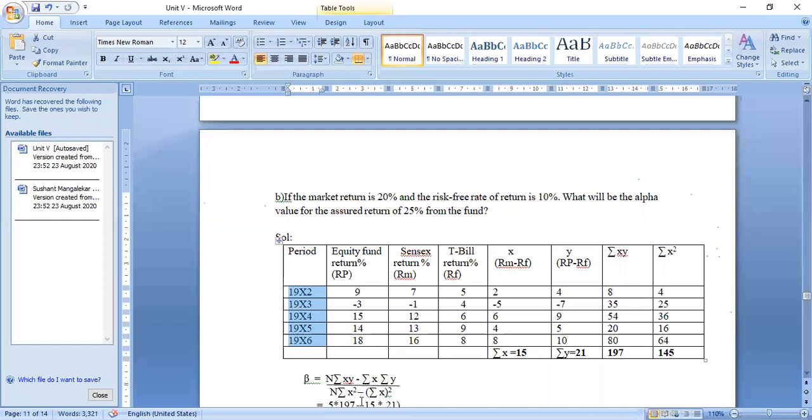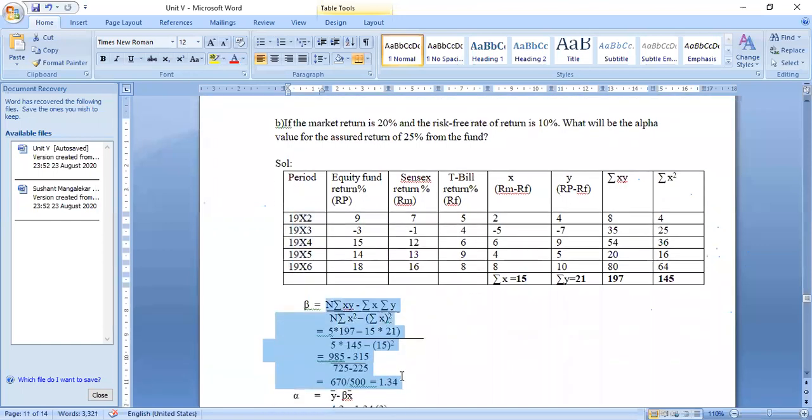We have used this particular formula because we have the values over a period of 5 years or over a period of 10 years. So in that case, we need to use this particular formula of n into summation xy. If you use Jensen alpha also, it is not wrong, it is correct. You can go for it.